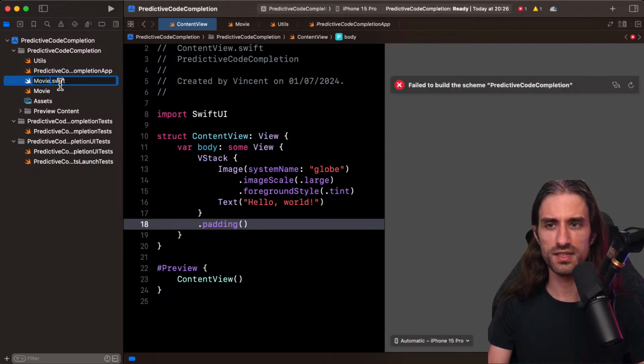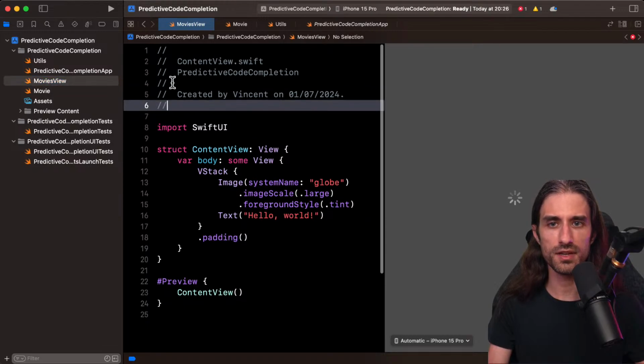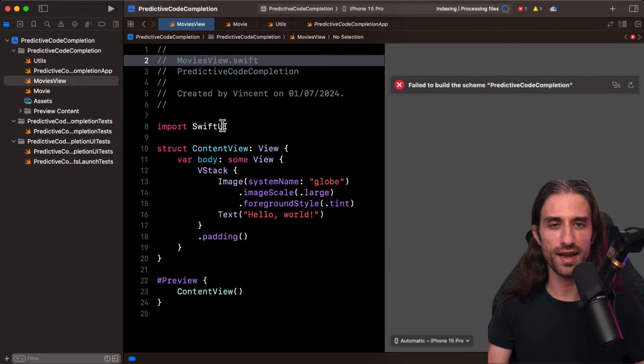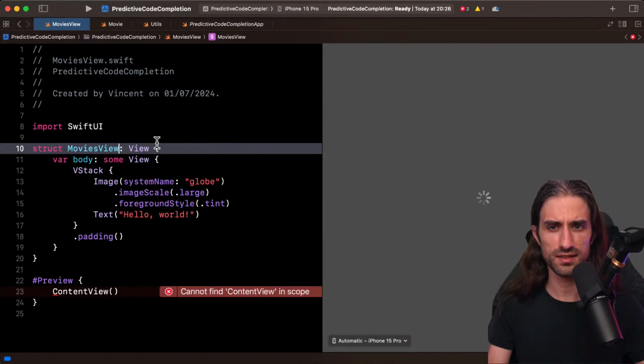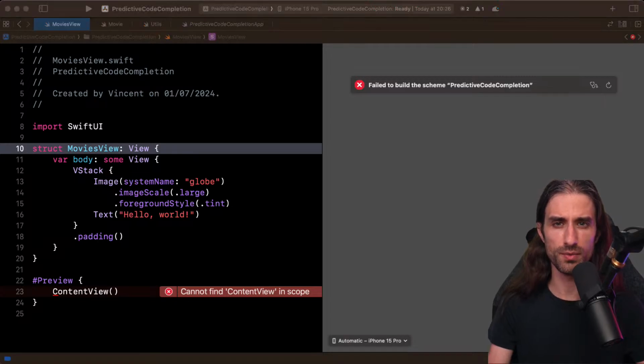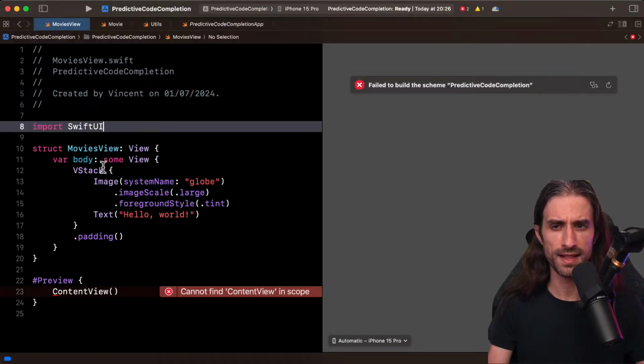So I'm going to rename this as MoviesView, and I'm also going to rename here the file and here the view. This way Xcode has all the context it needs, and predictive code completion has all the context it needs to make a good prediction.